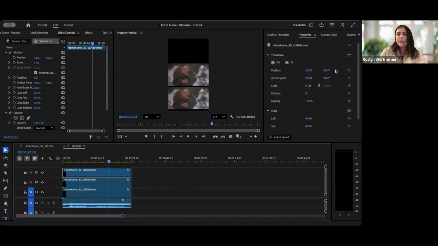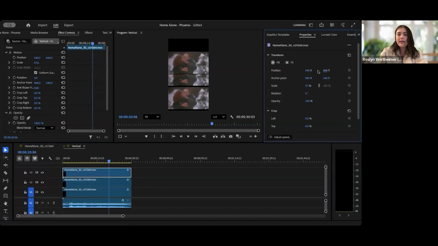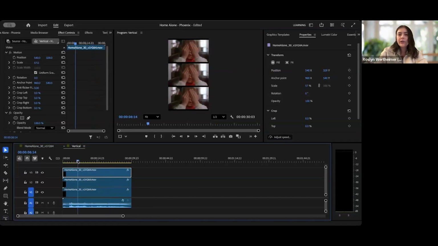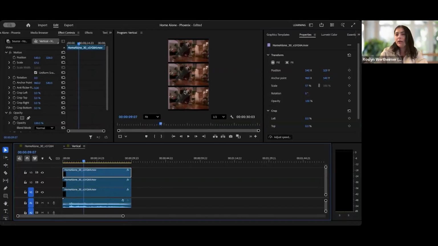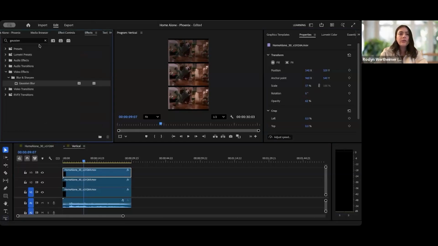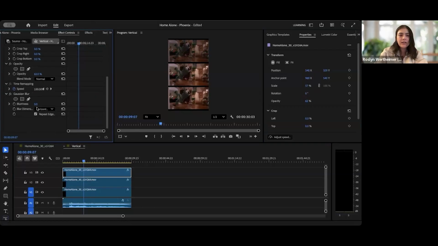Now we're going to take the top one and do the same thing, except now we're going to the left to raise it. And again, a nice equal black bar on either side. Now, this is what it would look like, but let's make the top and the bottom a bit less noticeable and have the center one stick out. So what we're going to do, let's start with this top one. Again, we're going to lower the opacity a little bit. We're going to give it a Gaussian blur, go into our effects, and let's blur it to about 40,